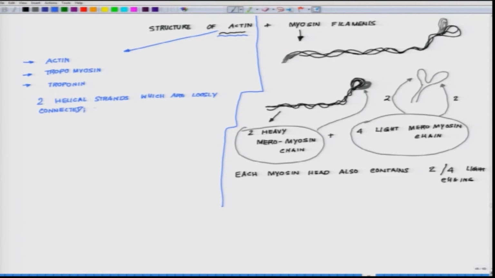One strand is composed of actin filament. On the other hand, the other strand consists of the tropomyosin. So, the second strand is the tropomyosin molecule. The tropomyosin strand covers the actin. So, the actin filament, if you look at it, actin has multiple sites. Okay. Actin, if you look at the actin filament, is something like this. So, you have actin,